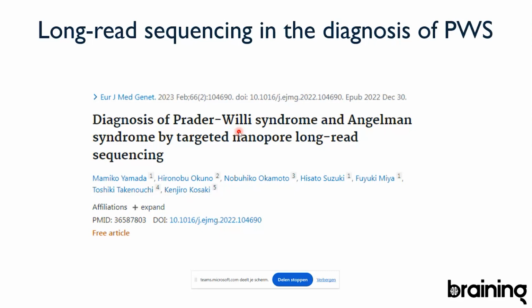And so more and more, in the lab, we work with a number of clinicians who are interested in genetic diseases, and they say that more and more long-read sequencing is going to be implemented in the diagnosis of patients. So this is a very interesting development in the clinic, where the emergence of a new technique really can make a difference in terms of cost effectiveness. But also, you can imagine that if you have a child that is sick, you want to know as fast as possible what is going on. And so this one test of long-read sequencing will be much faster than doing 4 different diagnostic tests, right?